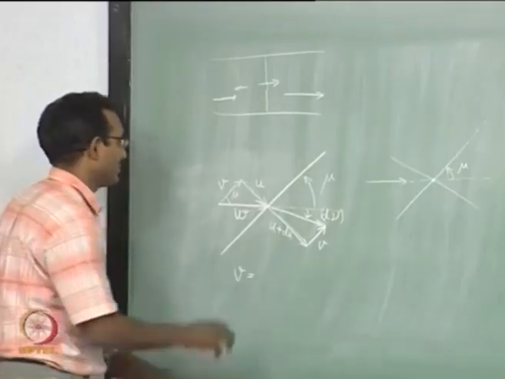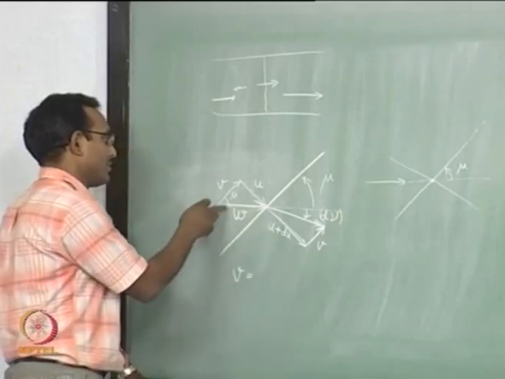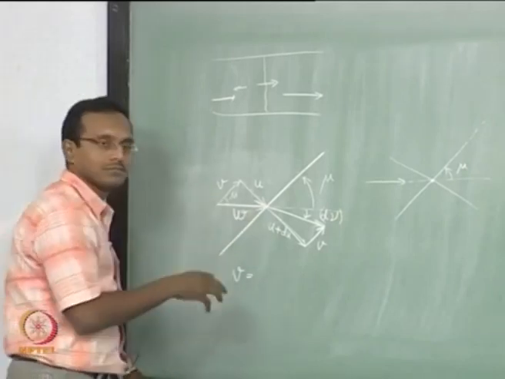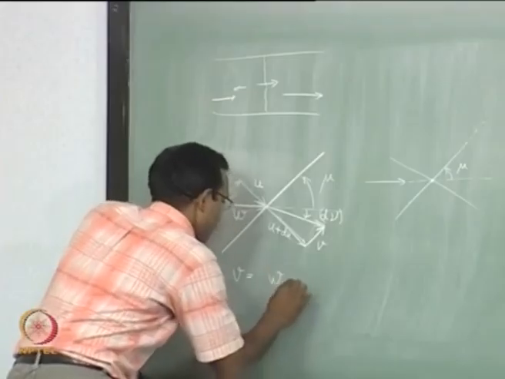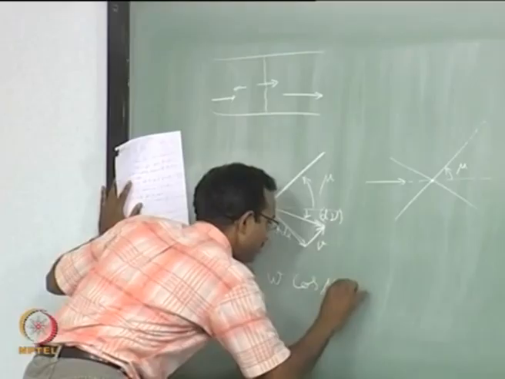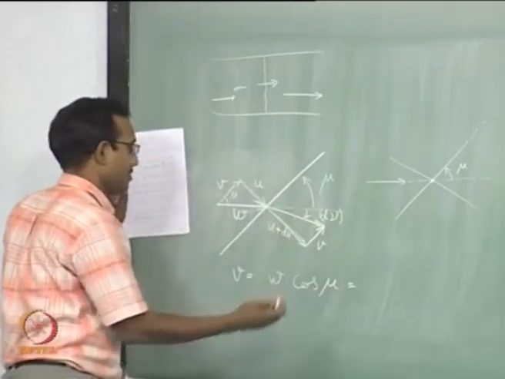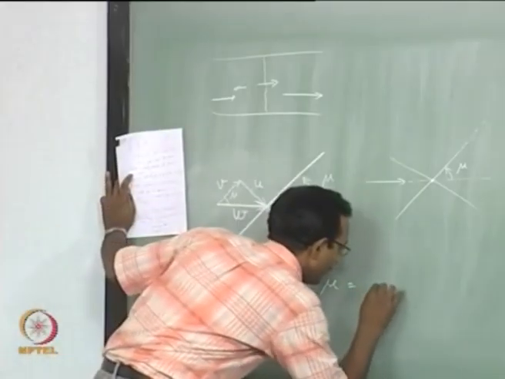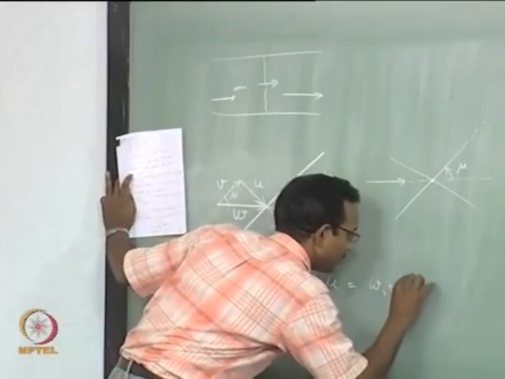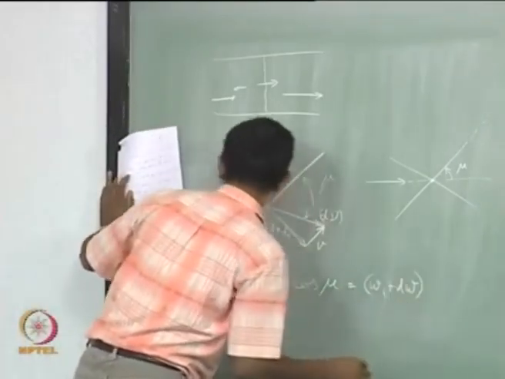The way I am going to use it, W times cos of this angle, W cos mu. This is going to be equal to, on the other side, W plus dW. W is again velocity, remember that. That is the total velocity,